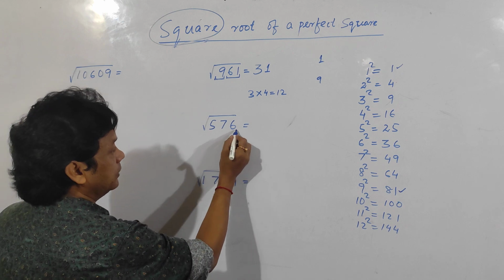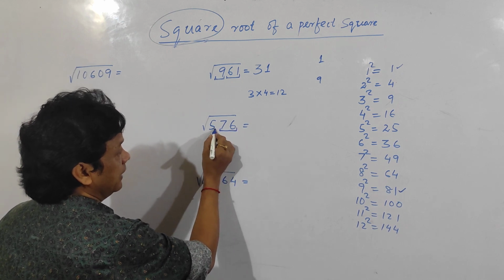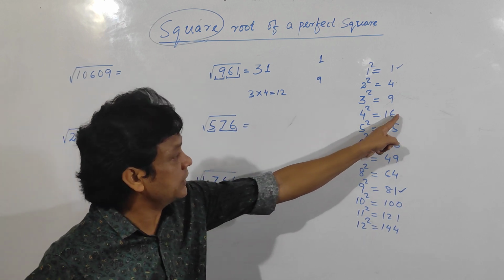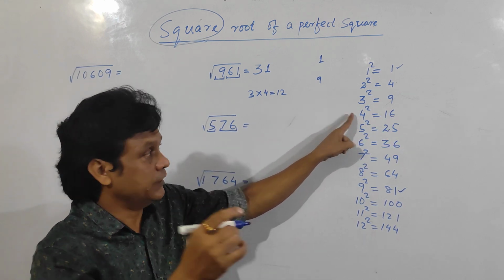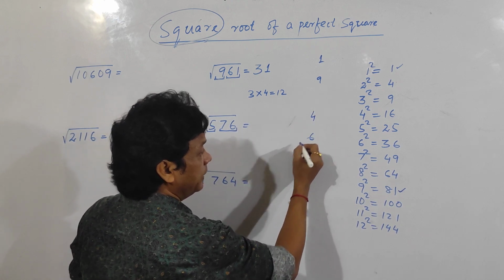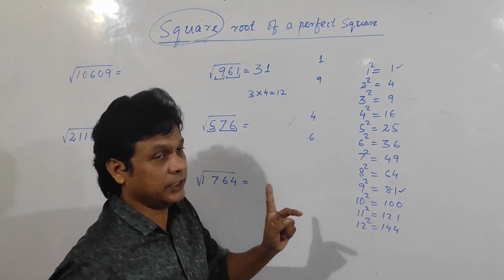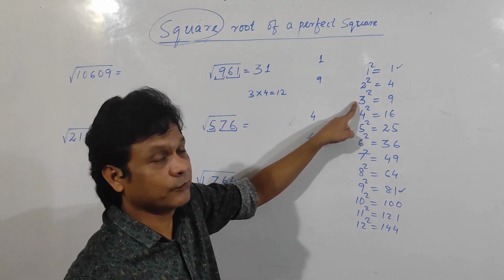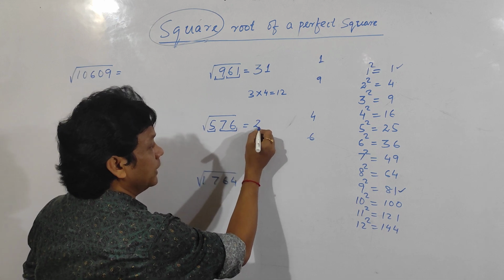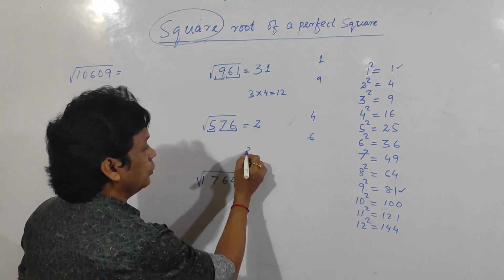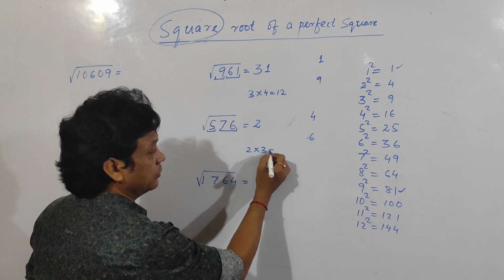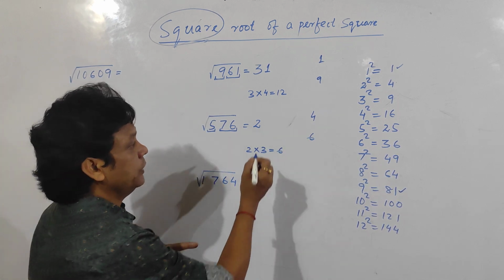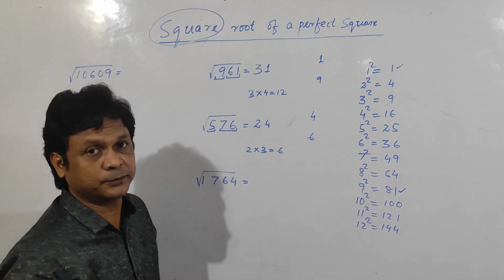Clear? Again see here. Take these two digits and this one. 76, the unit place is 6. So 6 means 4, either 4 or the other one will be 6, because 6 plus 4 is 10. Clear? So now 5 lies between 2 and 3. So it will be 2. Take the smaller one. Then 2 into its next digit, which is 3. So 2 3s are 6. So 5 is less than 6, so take the smaller one. So it is 4. 24.